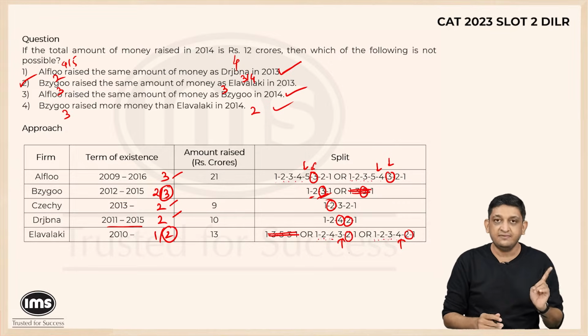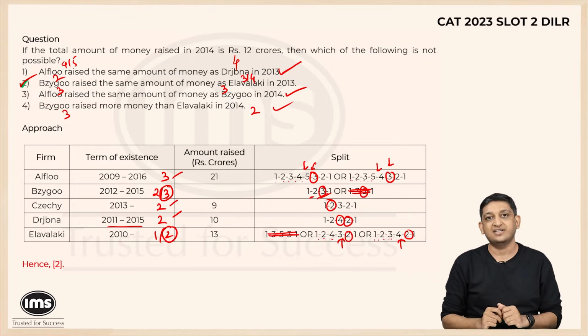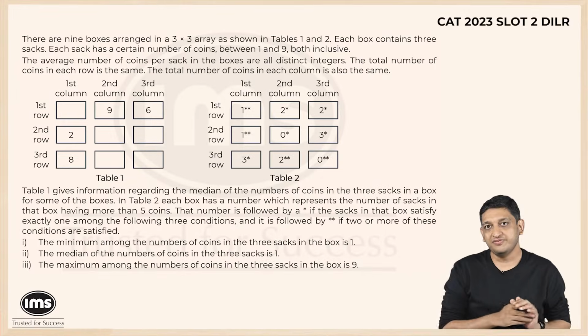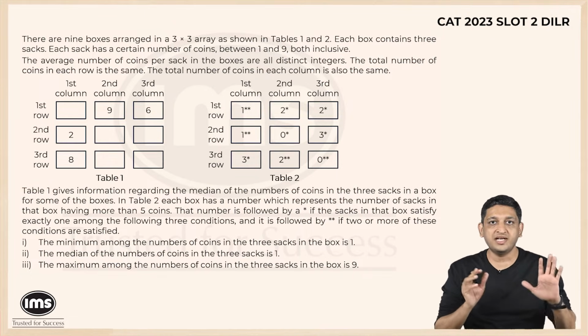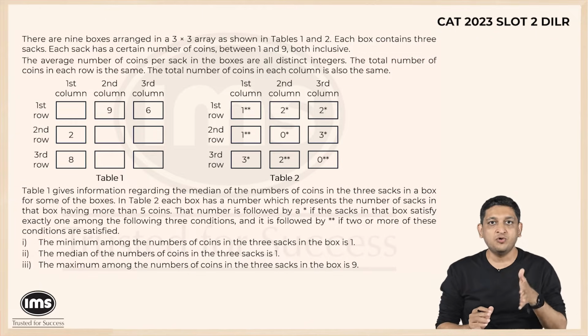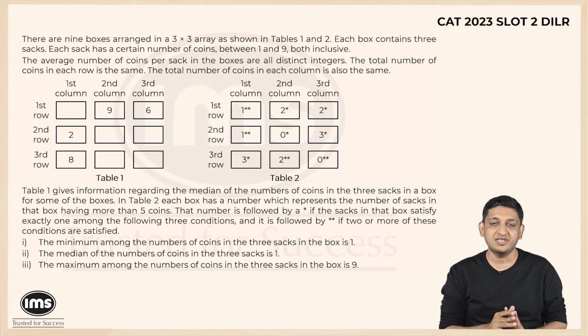So which is the one that is definitely not possible? Option 2 is not possible, and that's why that is our correct answer. Now this was a very nice set which was based on more or less the Sudoku logic, wherein we had to figure out which block is where, the rows and columns logic was there. Might not exactly be Sudoku logic, but something similar to that.